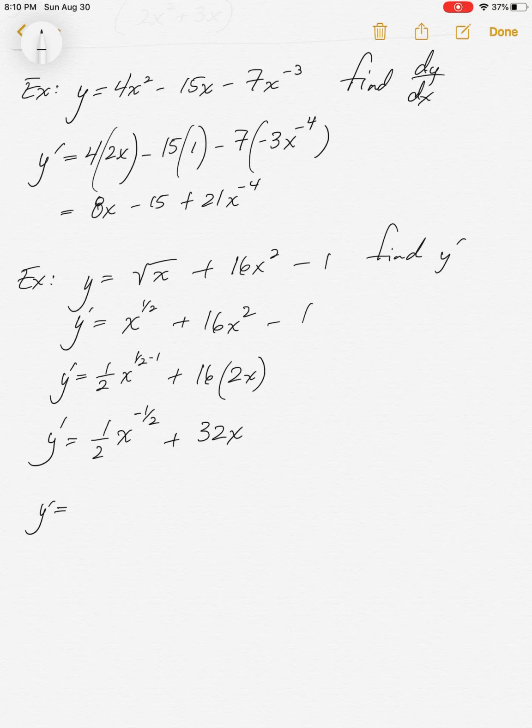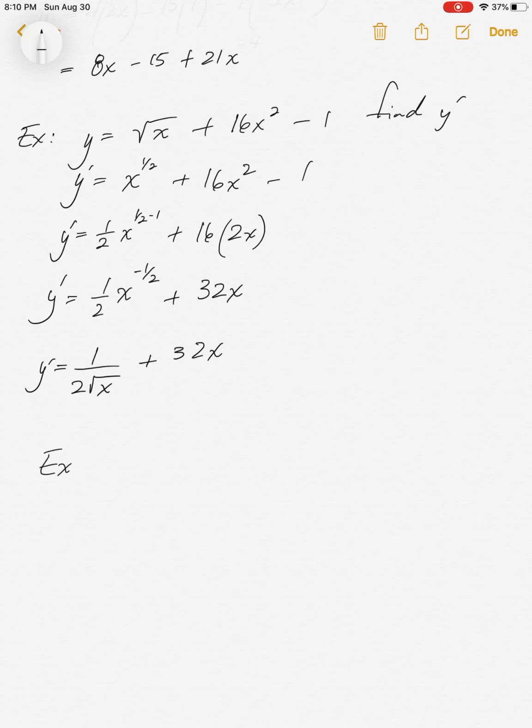exponent in the denominator since that's a negative exponent. So that would leave us with 1 over 2 square root x plus 32x. Thank you. All right, there's some other things I want you to check out